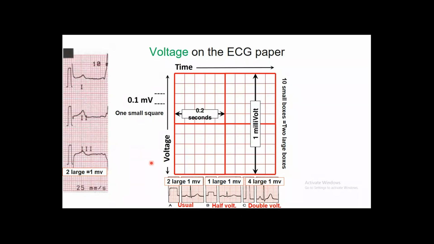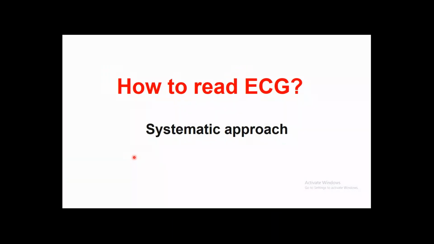So it is important before reading the ECG findings to look at the speed. The usual one is 25 millimeters per second, and the voltage calibration, where each 1 millivolt equals 2 large squares, and this is the usual calibration. Moving to the second part of our lecture,